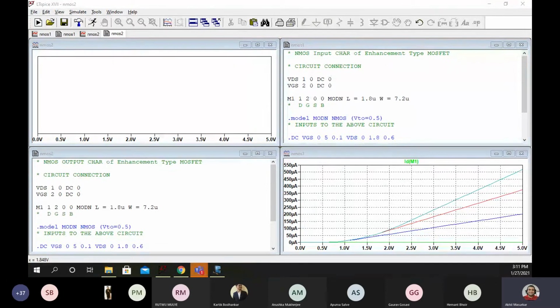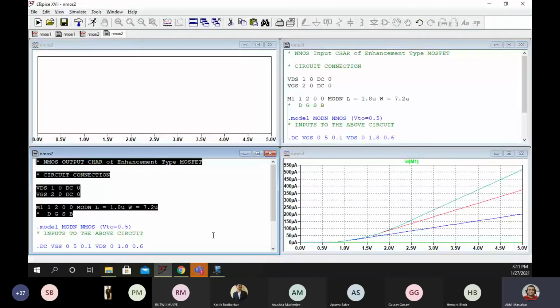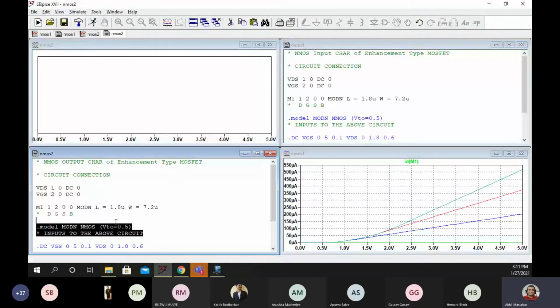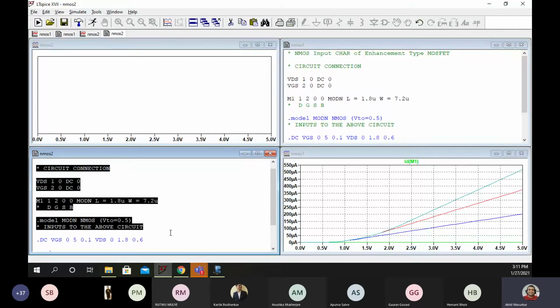That is 101% correct, because we are not plucking out any component from the circuit. We are keeping it in the same way. So the part which I have highlighted will remain the same.